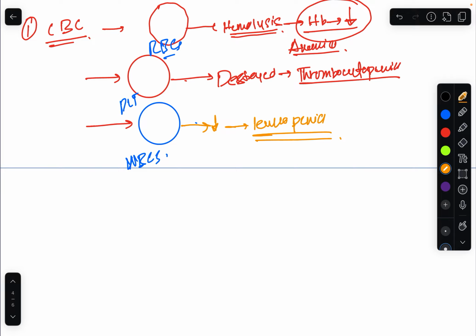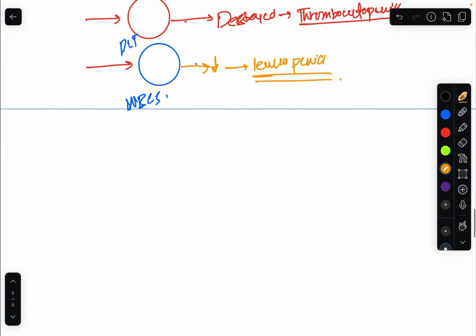It is not confirmatory of malaria. It is a general investigation which points towards the malaria. It gives clues towards the diagnosis. So another